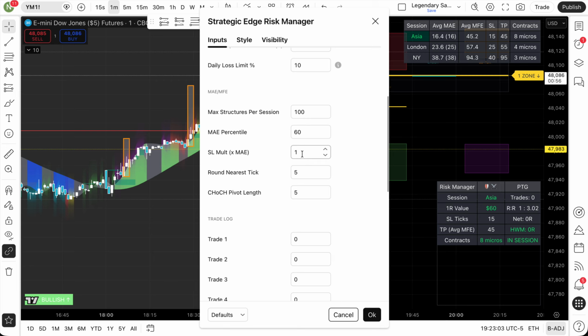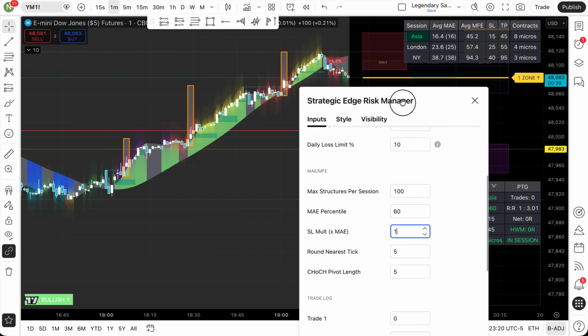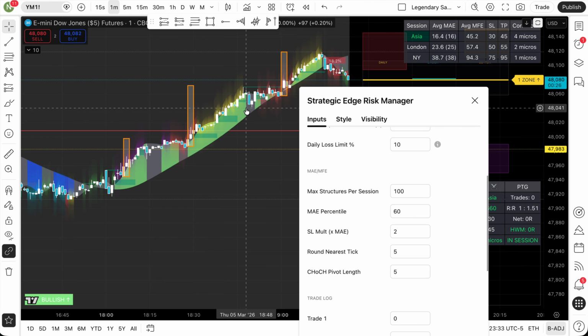So my stop loss multiple. For some people, they want to have super wide stops. Let's say I don't really want to think about where my entries are. I just want to walk up, look at the chart, place my thing, and walk away. I might want to give myself a 2x stop loss multiplier and give myself more breathing room, because realistically, if I'm not entering in